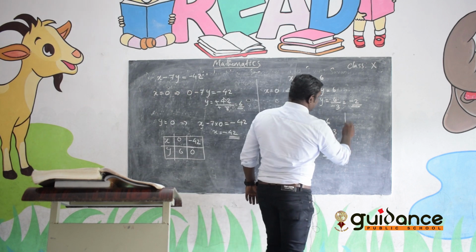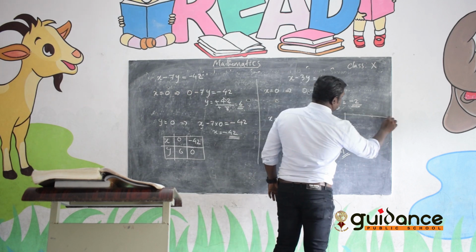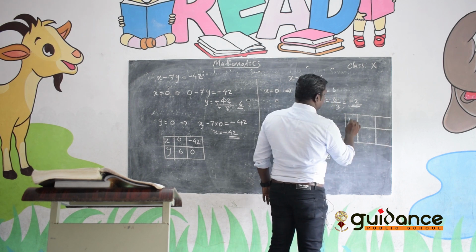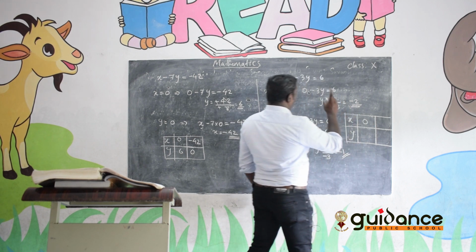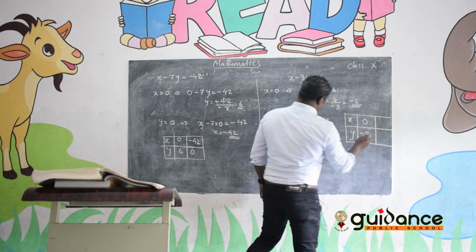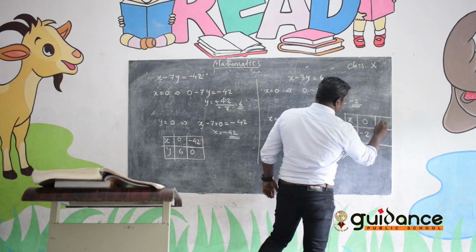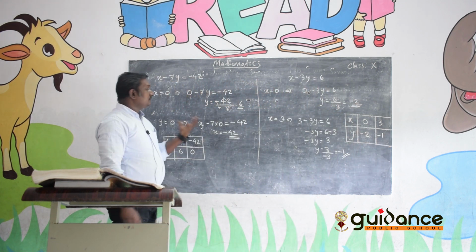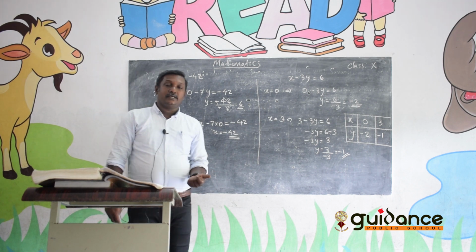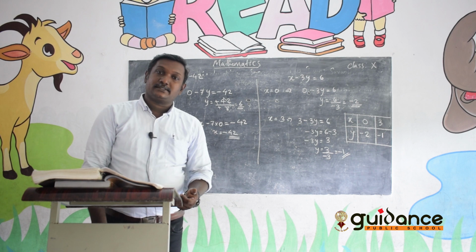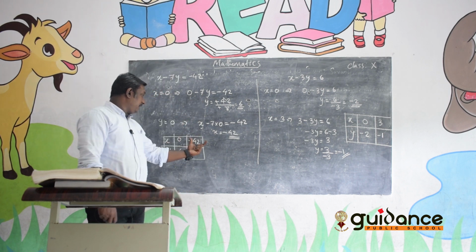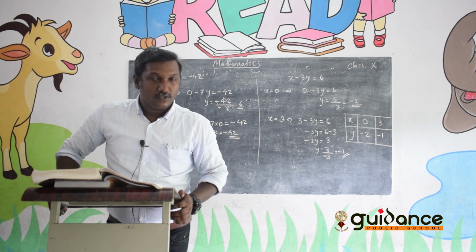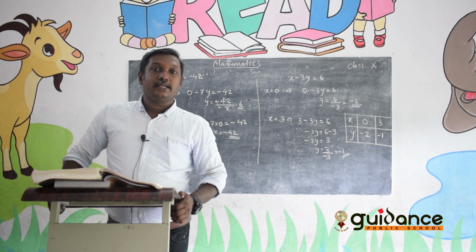Then what are the values of x and y in the second case? X equal to 0, y equal to minus 2. Then x equal to 3, y equal to minus 1. So these are the two values. This way we find out the values. According to our convenient ways, we can give values to x and y, and after that solve this way. Then, getting these values, we have to draw the graph in a Cartesian plane. Okay, understand? Now we can see the next question.